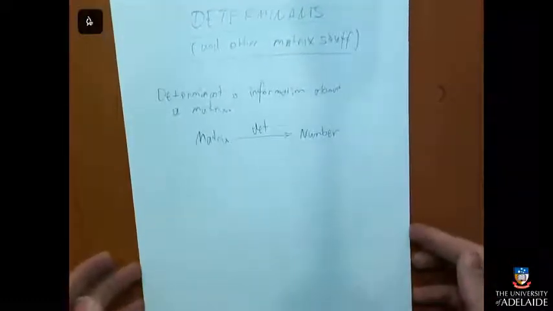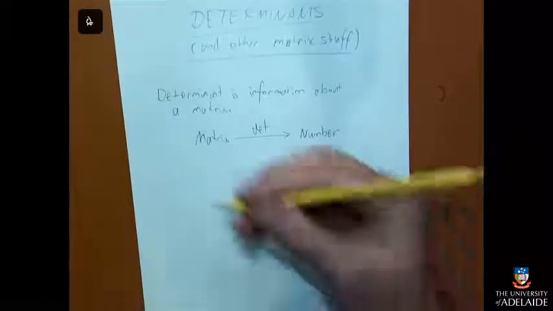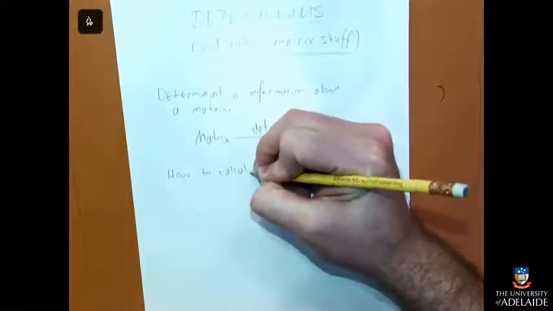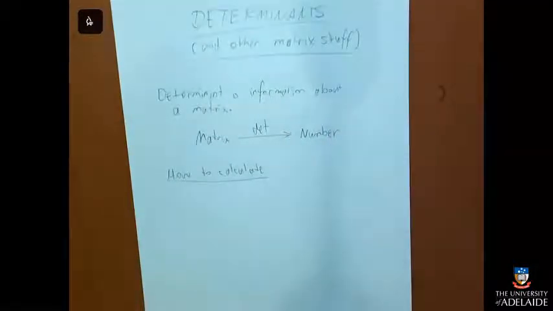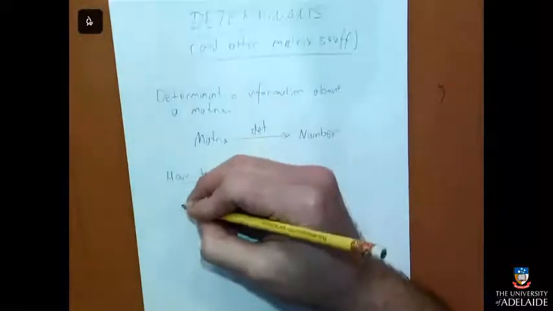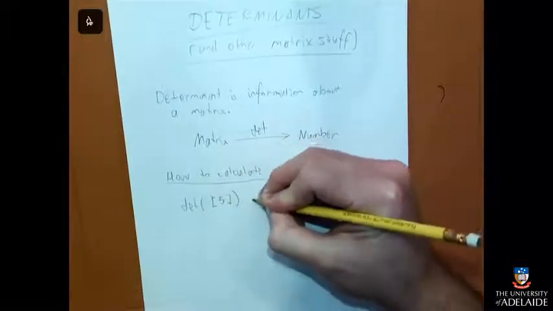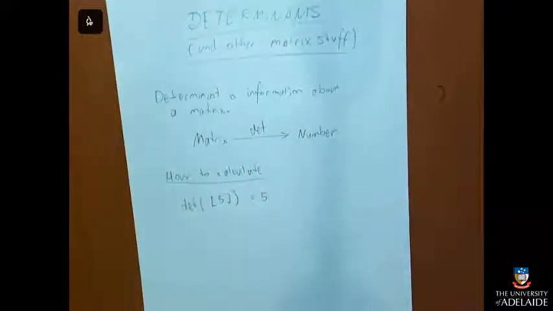But I wouldn't be complete if I actually didn't say how to calculate it. So, how to calculate a determinant? Well, if you've got a 1 by 1 matrix, then the determinant is whatever number it is. I know that seems stupid, but it's the truth. So the determinant of the 1 by 1 matrix with the number 5 in it is 5. No one needs to know that, but it's just, you know, I'm a mathematician. I like to cover all my cases.